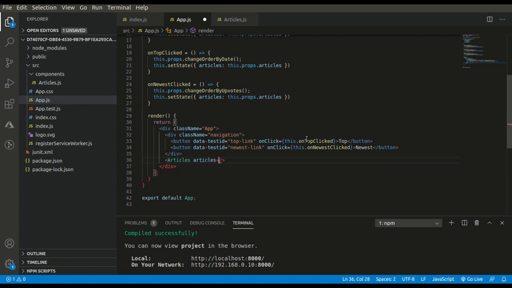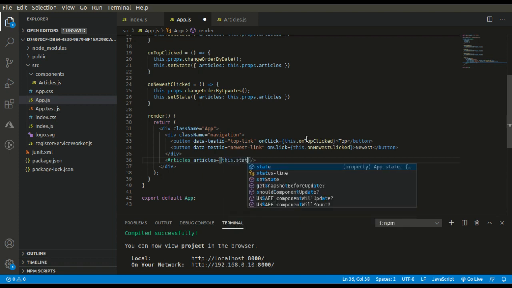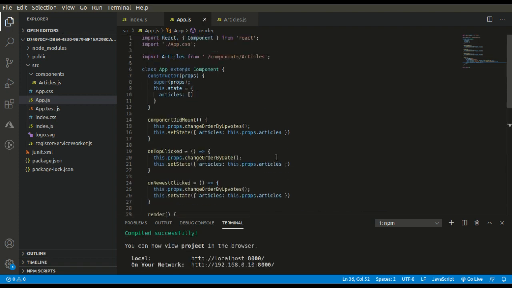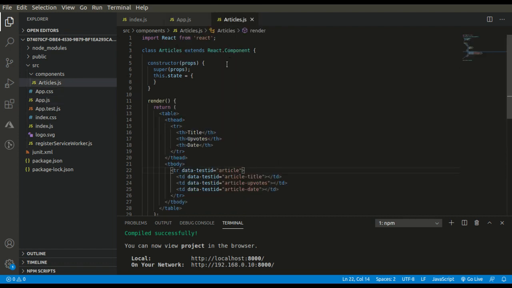Now let's pass the articles: articles equal this dot state dot articles. We are passing the updated articles in state through props to this article component. We just have to render over here.